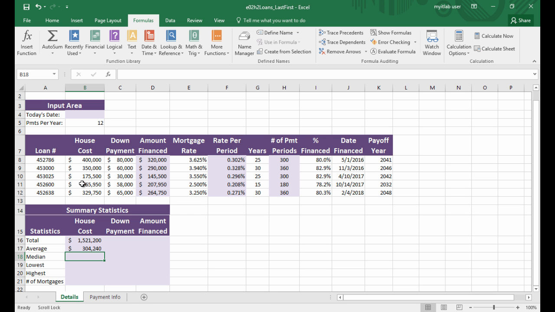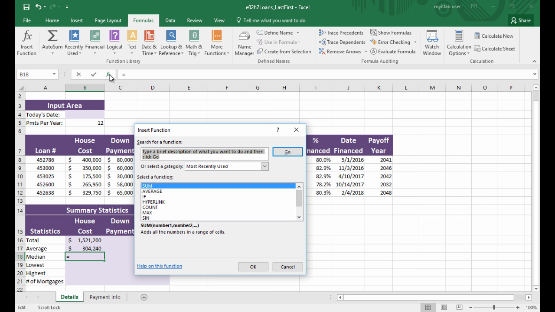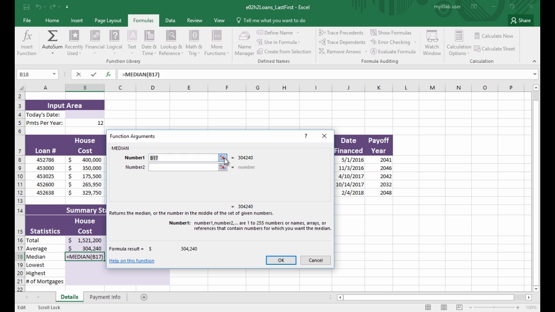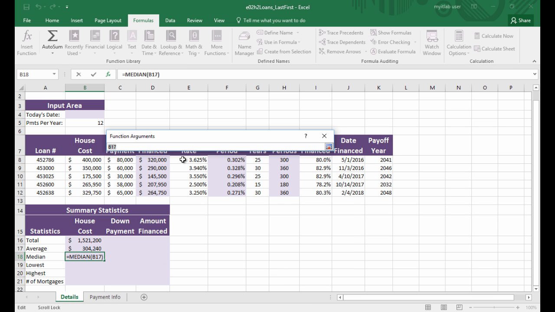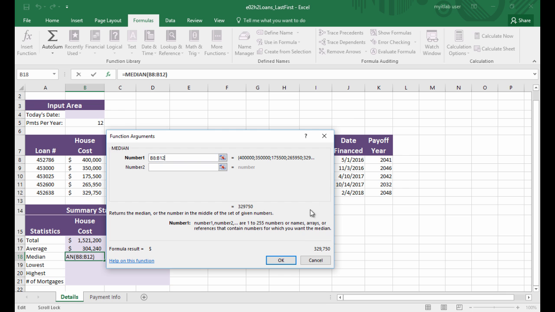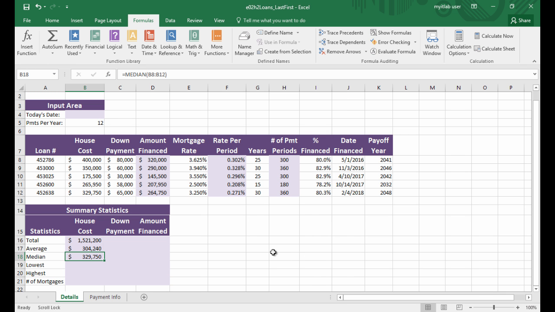You now want to calculate the median house cost, but you aren't sure where to find the function. If you don't know where to find a function in the function library, you can use the insert function command between the name box and the formula bar. Enter a name to search for a function and read the description in the search results. You can collapse the function arguments dialog box so that you can select a cell or a range of cells for a particular argument. The median house cost is